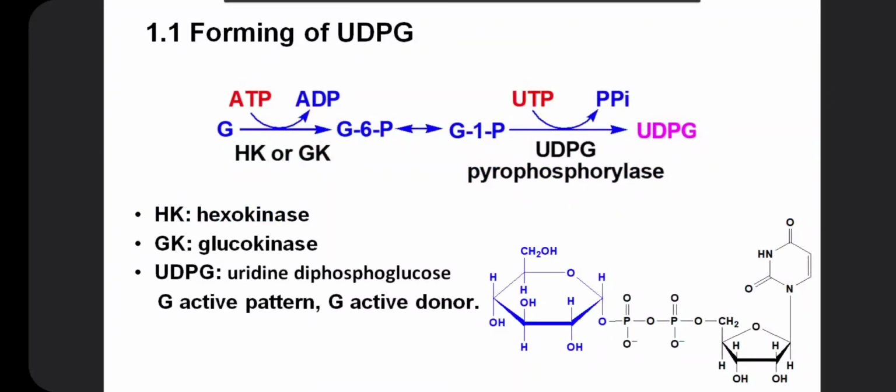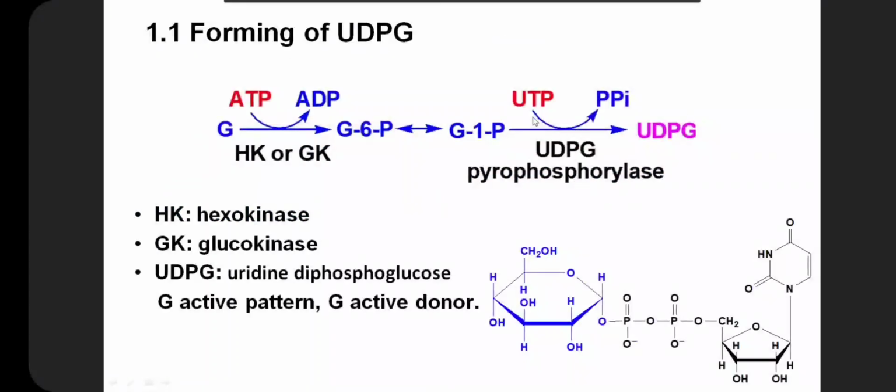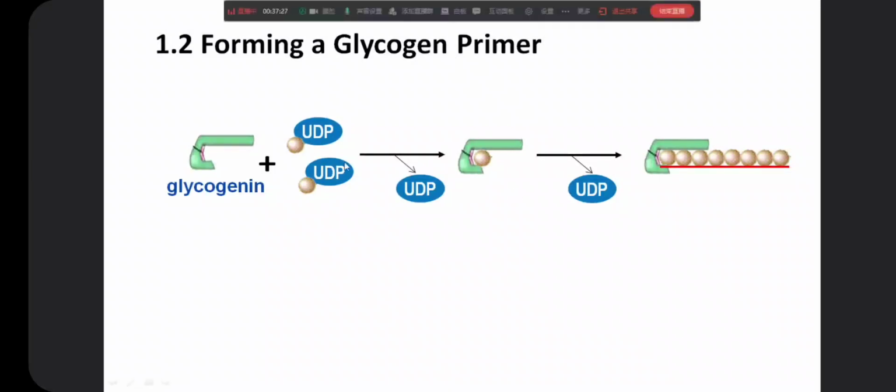And UDPG is activated or reactive glucose compound that can donate its glucosyl group to the glycogen. Okay, so we move to the next slide. Glycogen synthesis occurs by enlarging pre-existing glycogen molecules. That means glycogen synthesis cannot happen on free glucose in our body. It should occur by enlarging pre-existing glycogen molecules, and we call these glycogen molecules primers, or the glycogen primers. And this picture shows you how to